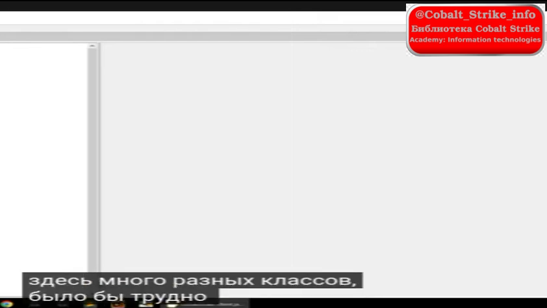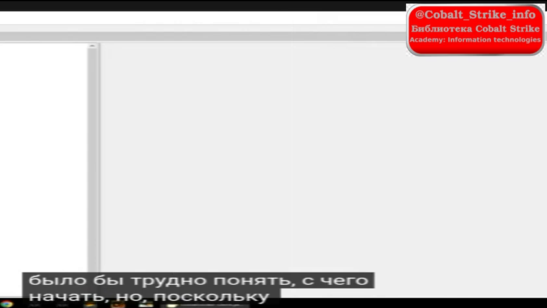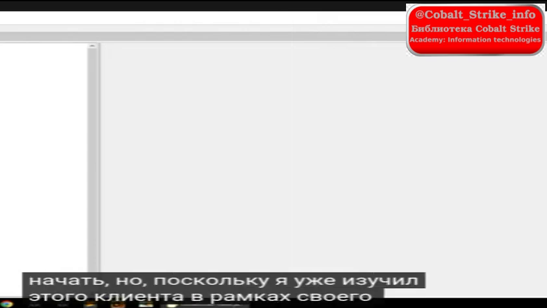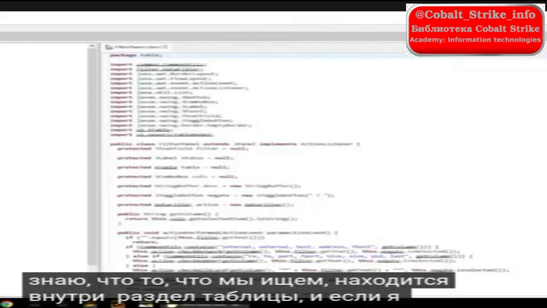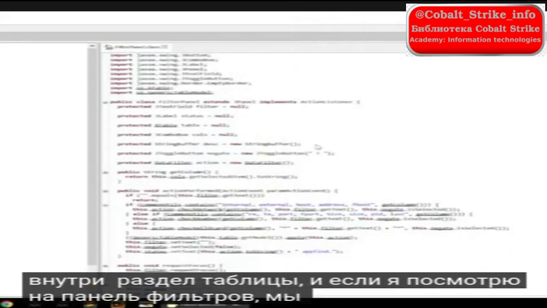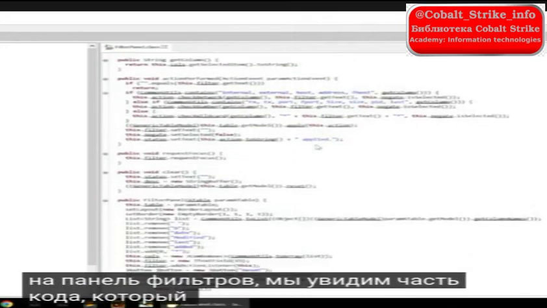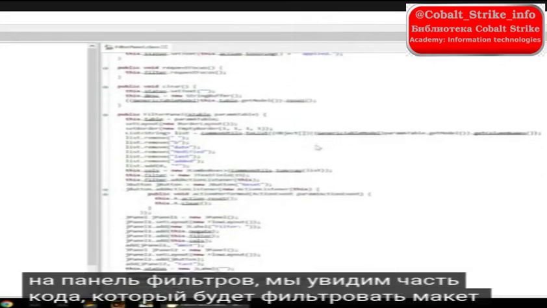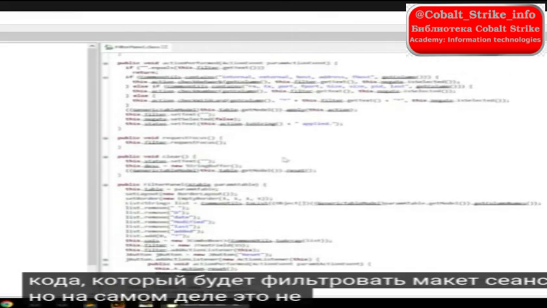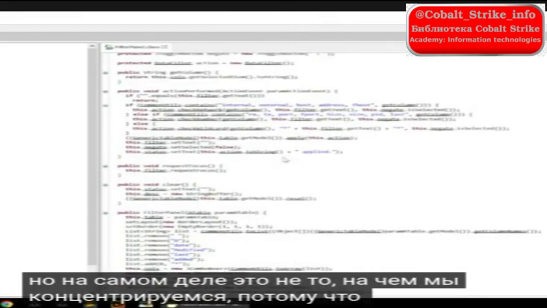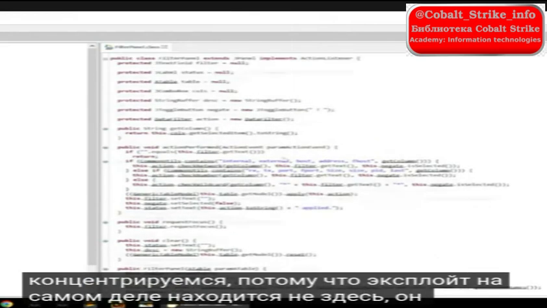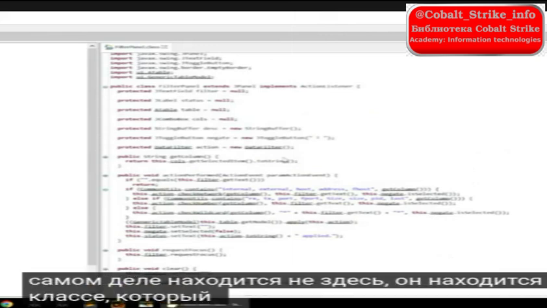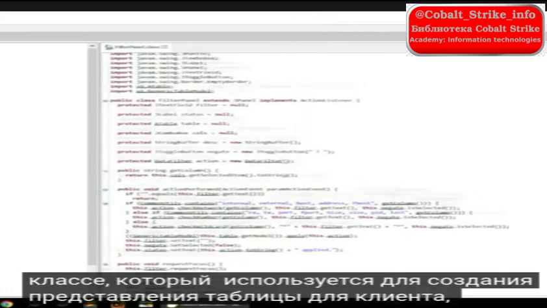It would be difficult to know where to start, but because I've already looked at this client within my own research, I know that what we're looking for is within the table section. And if I look at filter panel, we can see some of the code that will filter the sessions layout. But this isn't really what we're concentrating on because the exploit doesn't actually lie here. It lies in the class that is being used to create the table view for the client, and that would